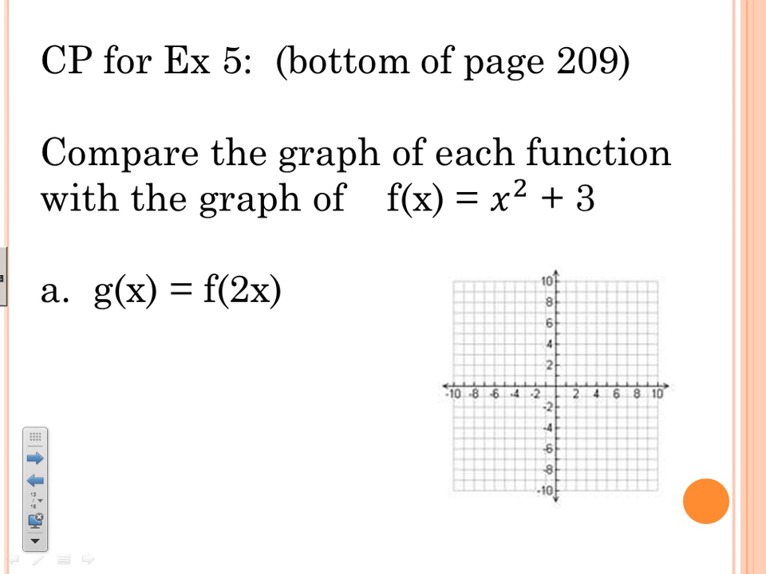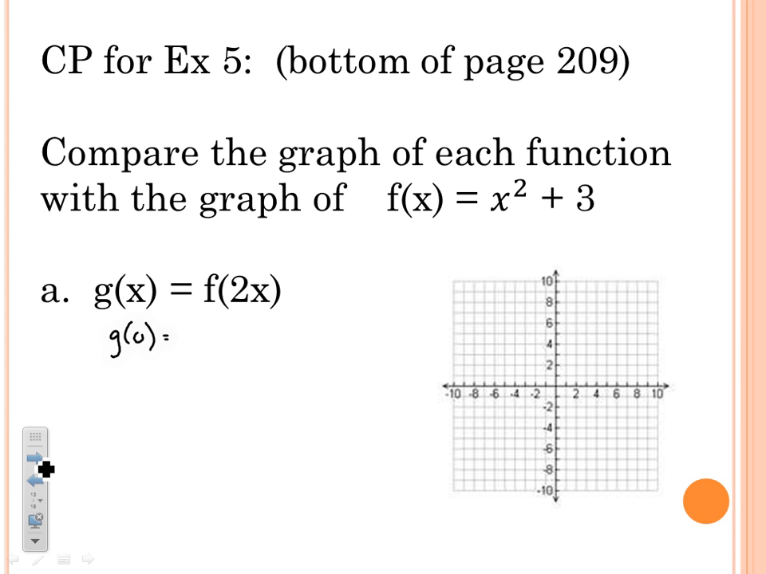Okay, at the bottom of page 209, look there now. I've got these two graphs on here. We're going to still look at a horizontal shrink and stretch. So if I'm looking at g of x is equal to f of 2x, g of x equals f of x, that's just your basic function, right? So if we're looking at 2 times x, let's see what that does to our values. If I were to pick 0 again,